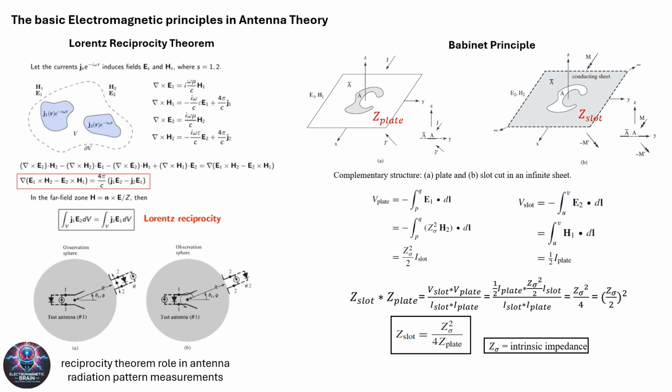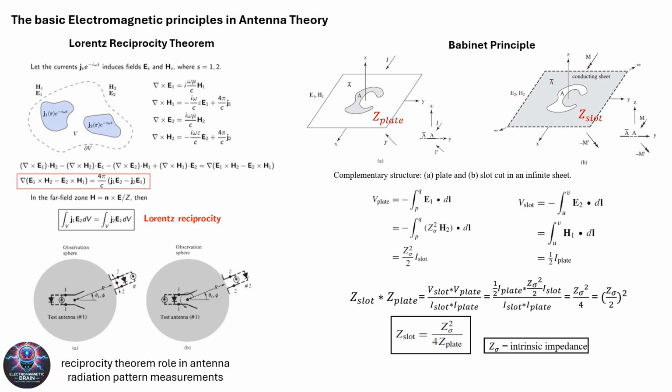Next, we explore the Babinet principle, which plays a crucial role in understanding diffraction and how electromagnetic waves interact with apertures and obstacles. The Babinet principle tells us that the diffraction pattern of an aperture is complementary to that of an obstacle with the same shape and size. This principle is essential for analyzing and predicting wave behavior in various scenarios, especially in complex environments where waves encounter